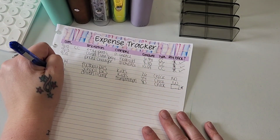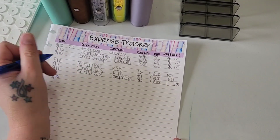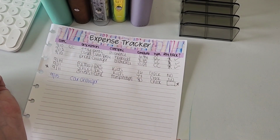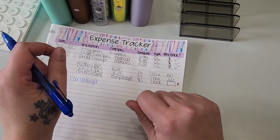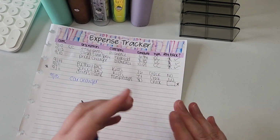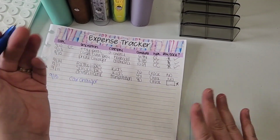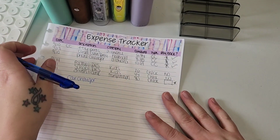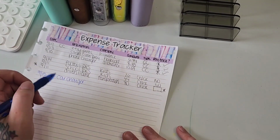so the first one was actually on 9/15. This was a car charger. I was out and about working, driving all over the counties that I serve last Friday, and the little charger piece that plugs into the cigarette lighter in the car has two USB ports, one to charge my work phone and one to charge my personal phone, since they require different chargers. That died. Both of my phones were at like 50%, and I had like 5 hours left of driving around before I was going to be back at an office or my home to plug them in. So I spent